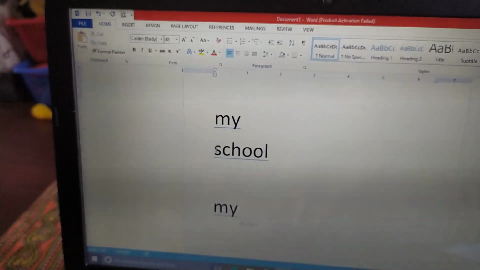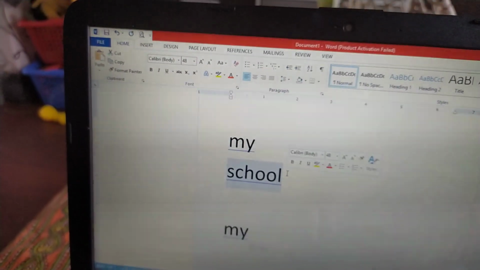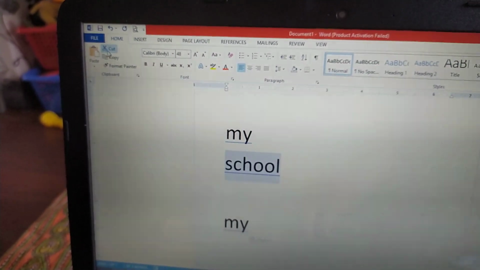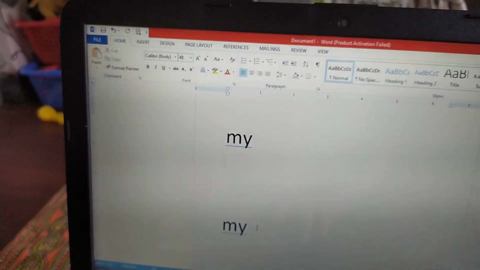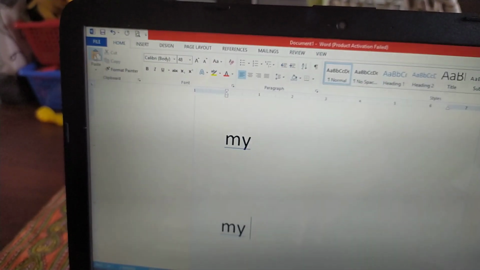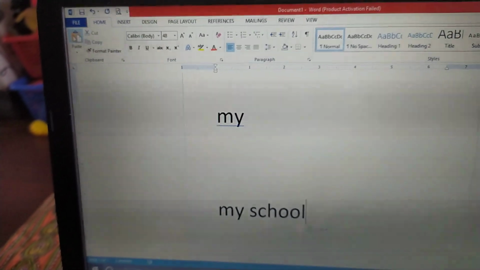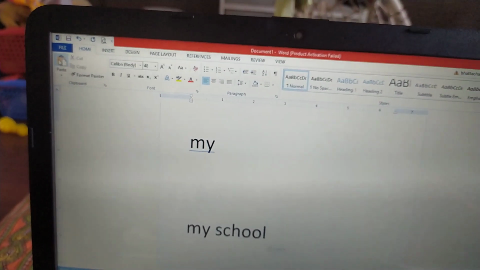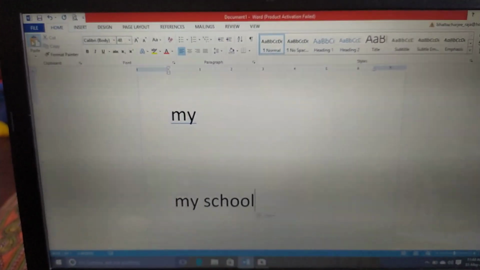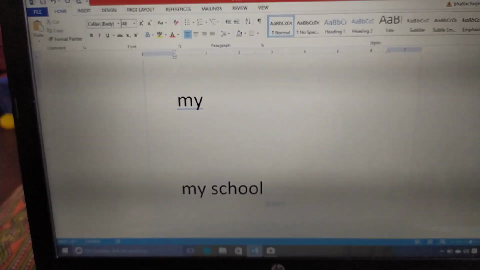Now suppose we want to move a text. First select it. In the clipboard group the cut option is there. Click the cut option. The text is cut from here, and suppose we want to paste it in a new place. Click the paste. See, the copying and moving option is done. So these are the topics basically covered in chapter 3. We have done the revision. We have done the last part of the chapter.